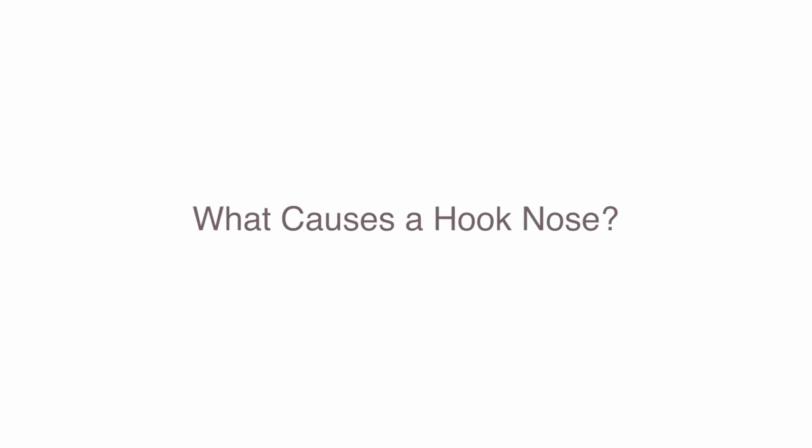What causes a hook nose? So a hook nose is a prominent dorsum. So that's this part of the nose, or where you have the bump. And then also, most of the time, this means that the tip is downturned. Usually this is genetic, so you can look at some of your family members and maybe you know exactly where